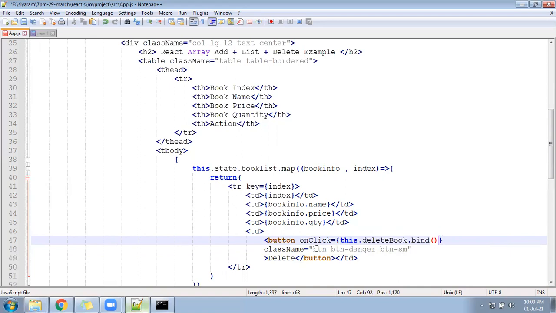I have explained in the previous array manipulation video why the bind function is required. We have to pass here this.index. This bind function, how it works, I have explained already in my previous video.